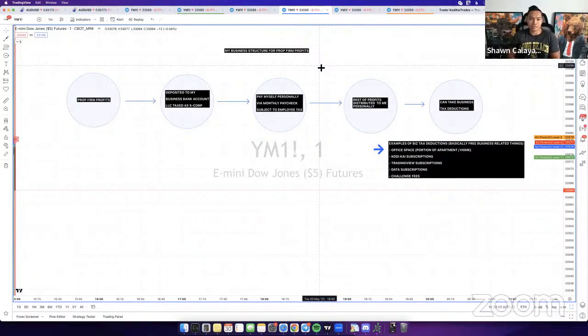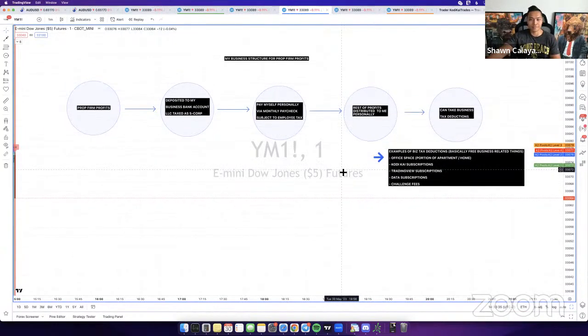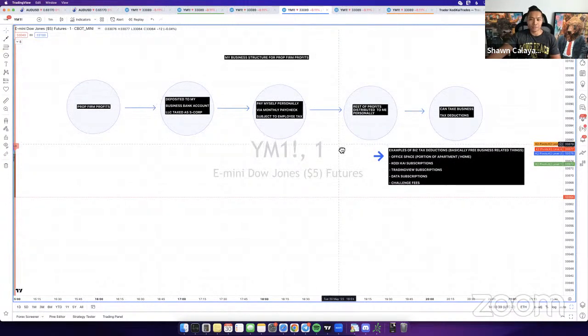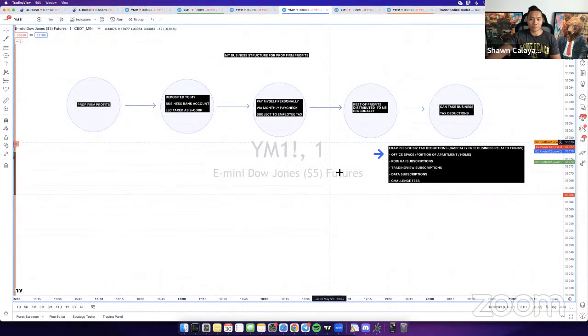It's crazy because I tried to do what you did. They're going to find you either way. There's no point in hiding it or running away from it. You're going to get a letter in the mail from the IRS like, oh, you owe this much in back taxes. Because the thing is, FTMO is going to report those taxes. They're still going to report it. So either way, the IRS is going to find out one way or another.